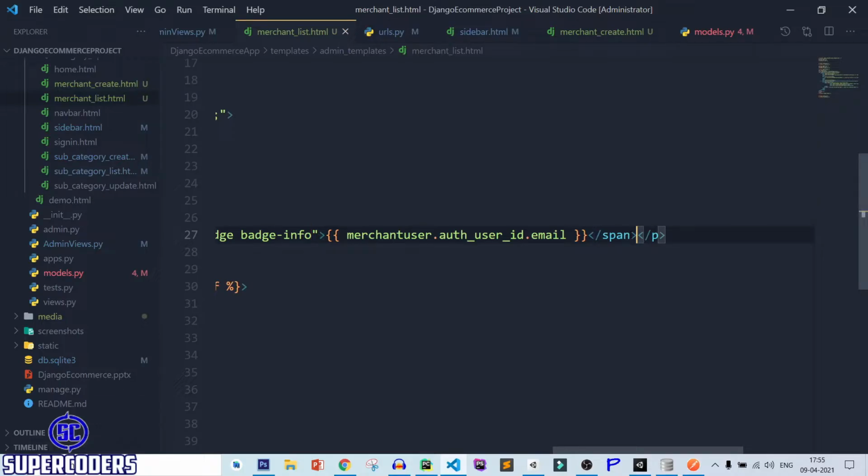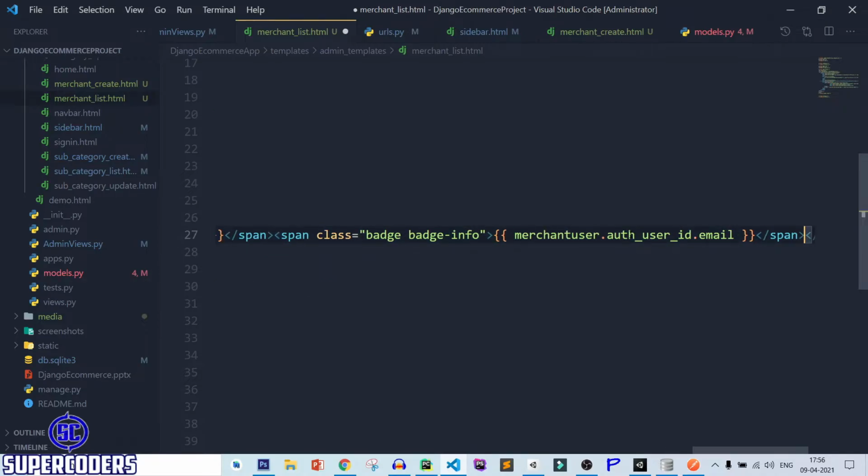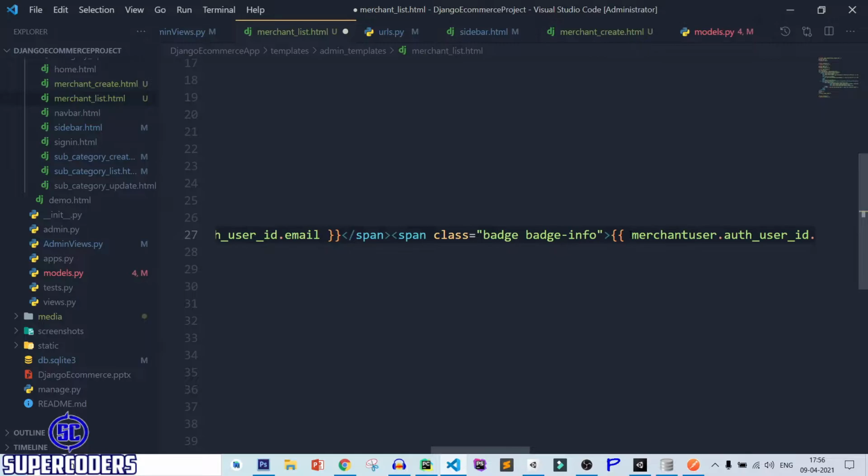Let's see some other details. So the other details, copy it, paste it, paste it, paste it. After that email. Let's see next, which is merchant user dot gst underscore details.